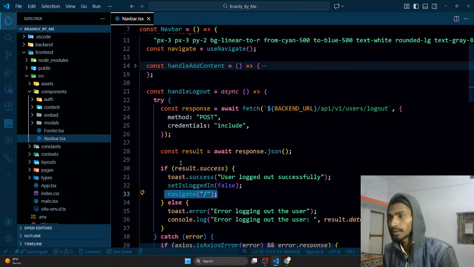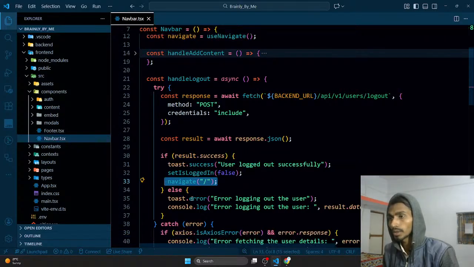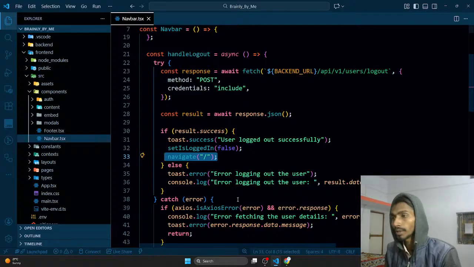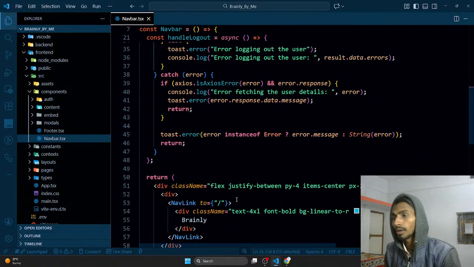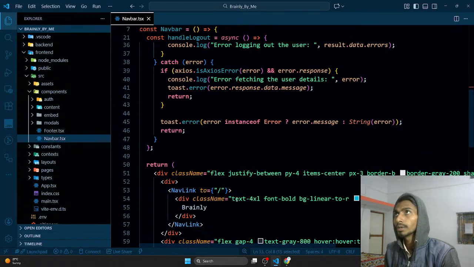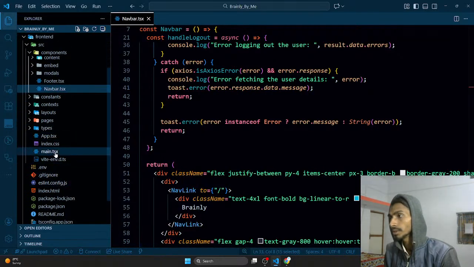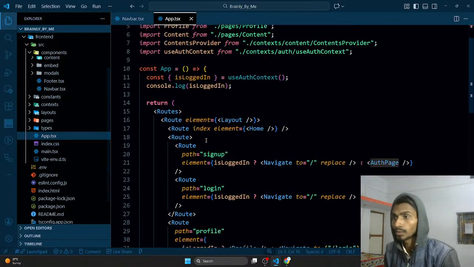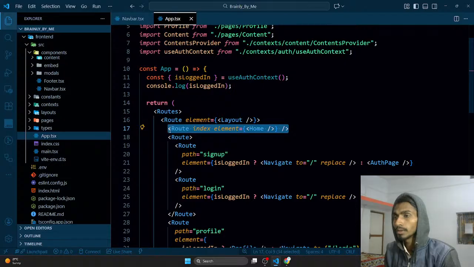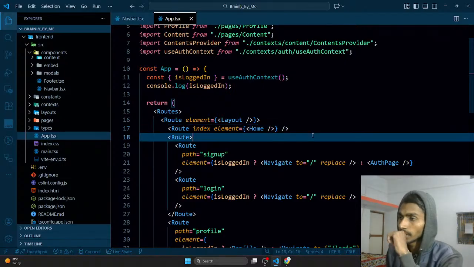That is great. Result.success, user logged out successfully, and then I navigated the user. The thing is that the user is actually being navigated to the /login page, mainly because of this layout that I'm handling over here, like routes. So whenever I go to my home page, there is no condition that I'm checking,